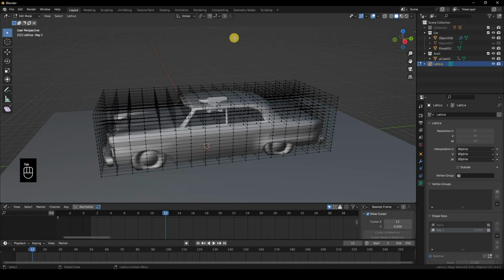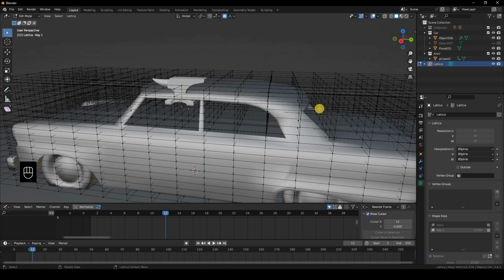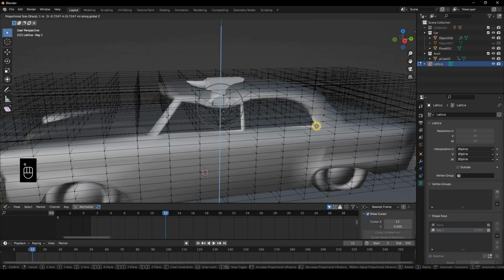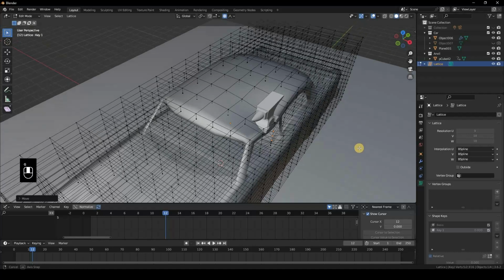first key. We're going to tab into edit mode, into the lattice modifier, and in the proportional editing tab you can create the sharp one or anyone where you think works for you. It doesn't have to be the same as me, and then turn on proportional editing. Now select these edges where the anvil is hitting, and then click on G Z, maybe expand it to show sort